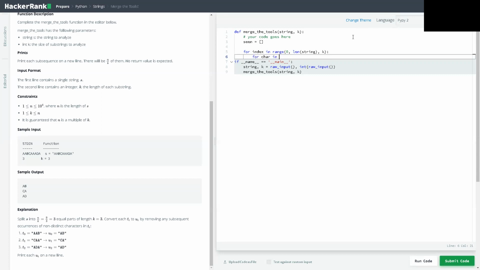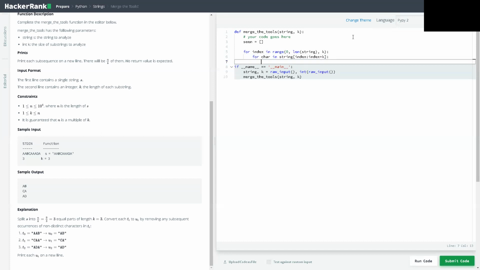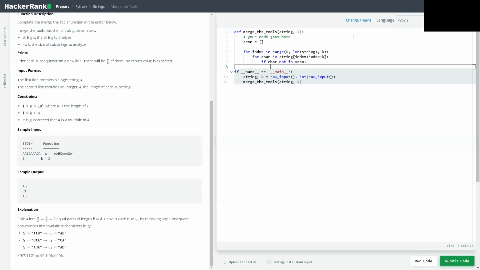So that will be char in string, and it will start from index and it will go until index plus k, so that we reach within that slice of string 3 characters. After that, we will have if comparisons. If char not in seen, doesn't contain, then we will add it,